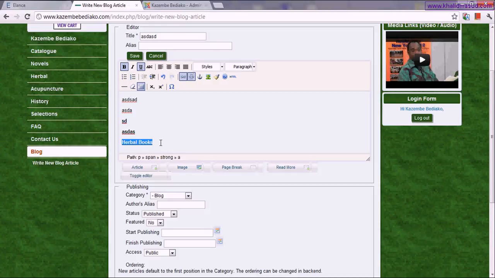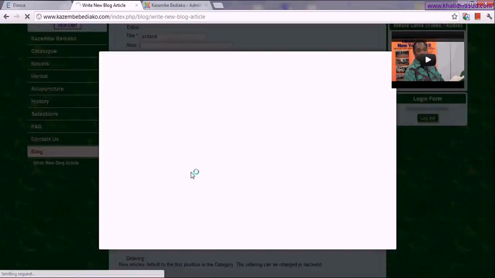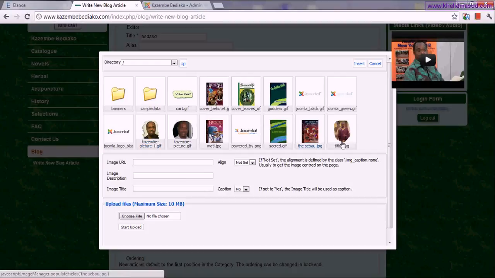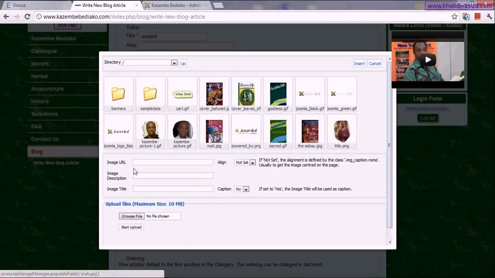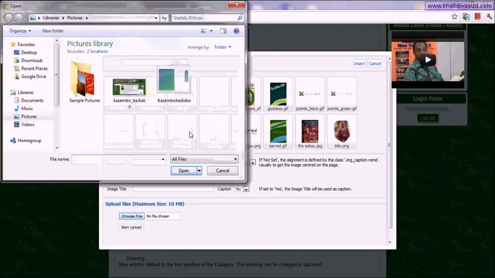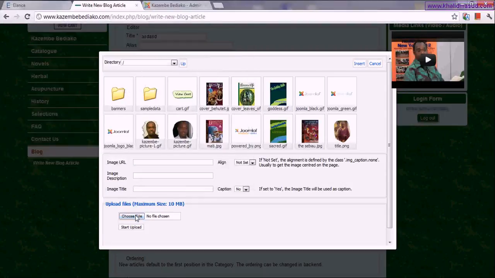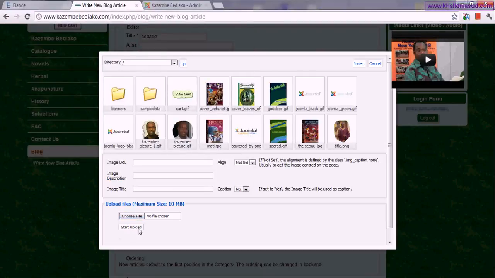Means you don't have to manually enter the link of that article or that page. Similarly, if you want to add any new image from here, you have to click this image button. You can either select any of the images which I have already uploaded here, or you can choose any new image file from here. So once you choose it from here, then you have to click this start upload button,